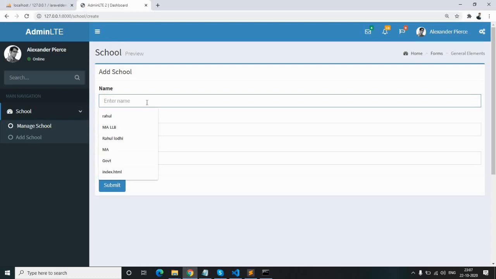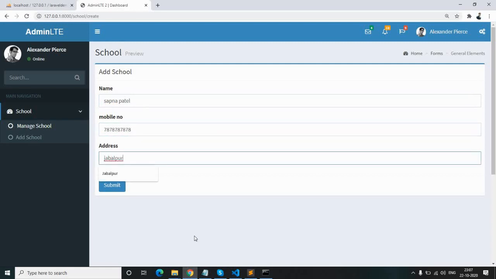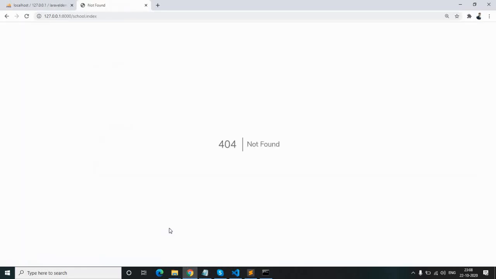then you will write Swapna Patel, mobile number 787878, address Jabalpur, submit. School.index. Sorry, here is some error. We will see what the error is.